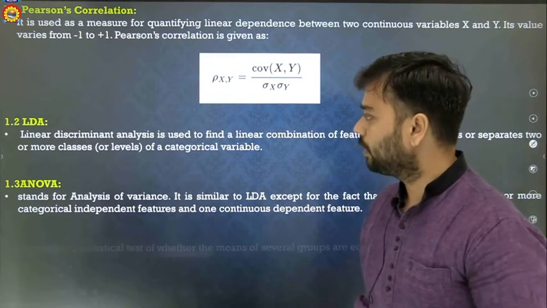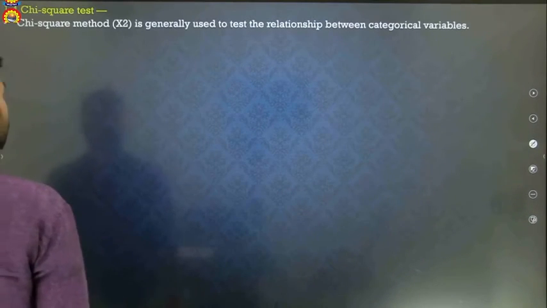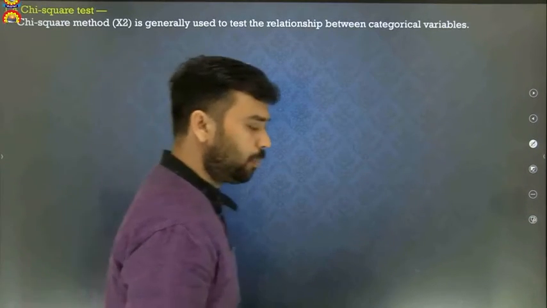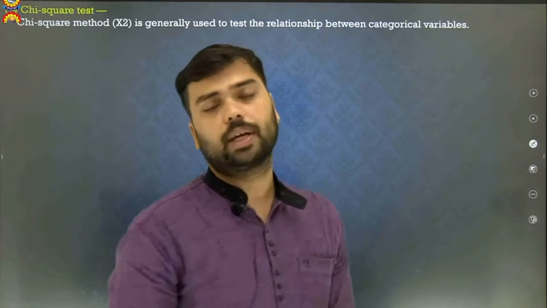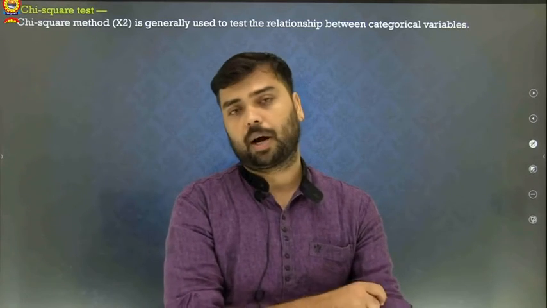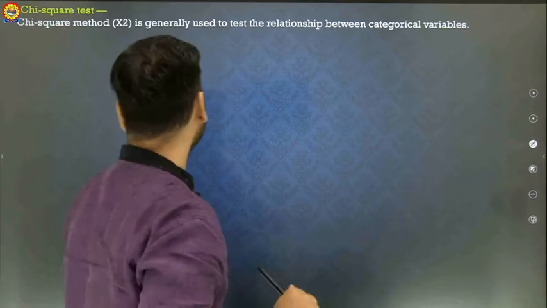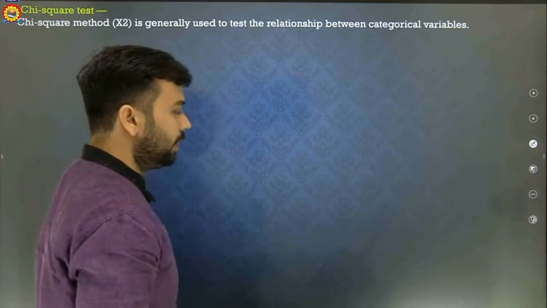Apart from that, the next will be the chi-square test. It is also important. It is used in filtering, or it is a part of pre-processing. I already told you filtering is a pre-processing, and in the filtering one of the methods is the chi-square method. It is sometimes also known as x-square.